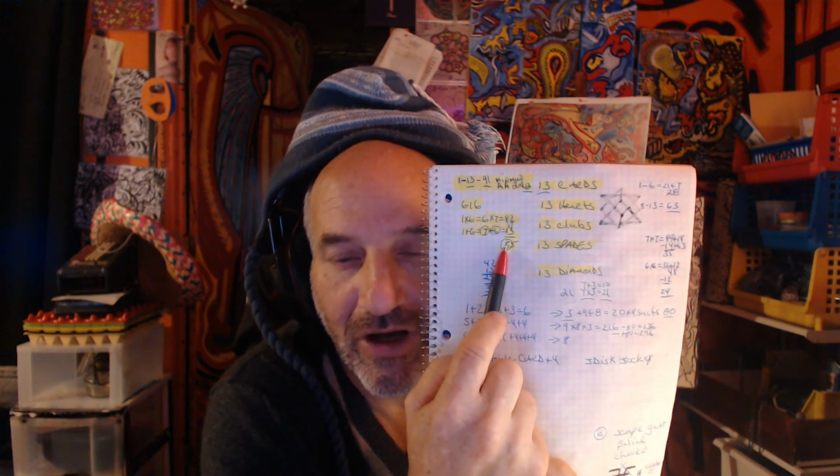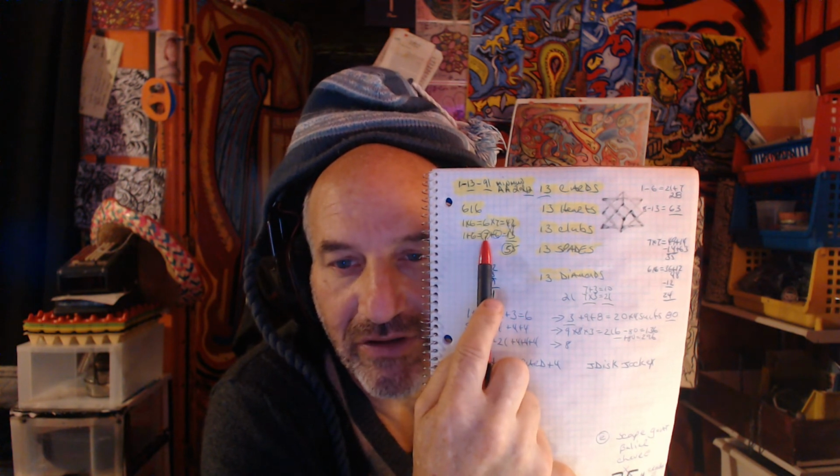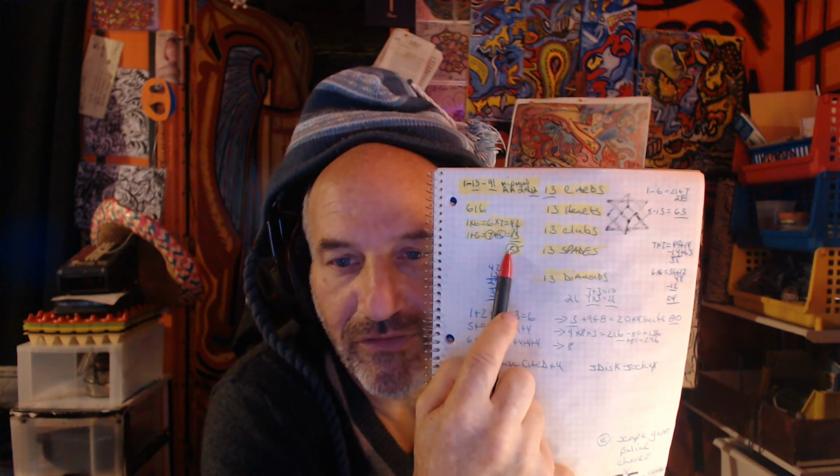5 and 7 is 12. 1 and 2 is 3. We do it twice. 33 for the Mass of the Christ. 77 the Christ. 33 of the Mass. 57, 75, which equals to the value, numeric value of the moon. If you multiply 77 times 75, you end up with 57, 75.